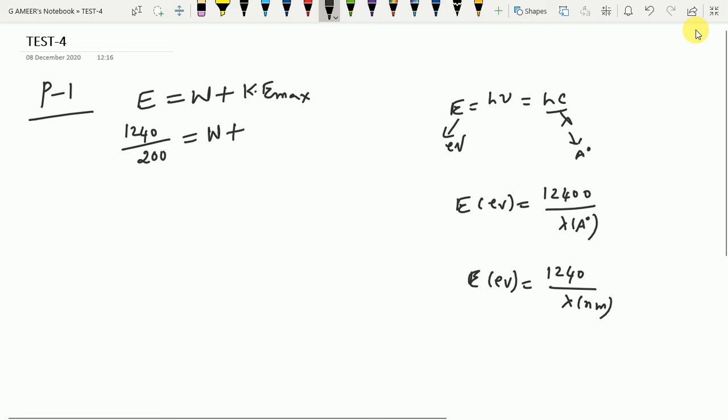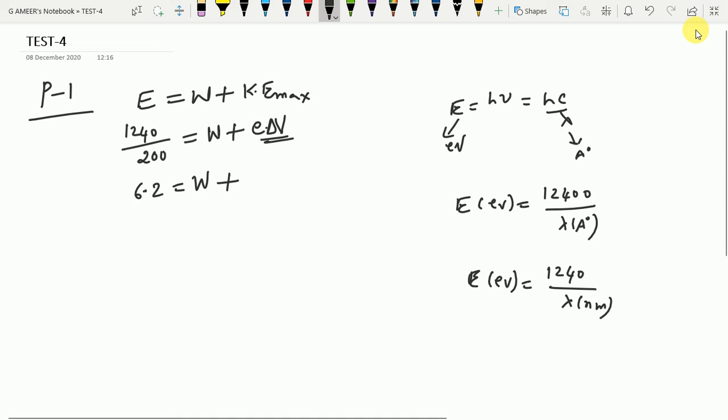The kinetic energy can be written as Q into the potential difference. What will Q be here? Q is e, into the potential difference. So from here, I am getting 6.2 electron volts. Then the work function we need to calculate. But in the problem, e is multiplied by the potential difference. The potential difference is for 1 volt per 1 meter difference. There is a 1 meter difference, so the potential difference will come as 4 volt.